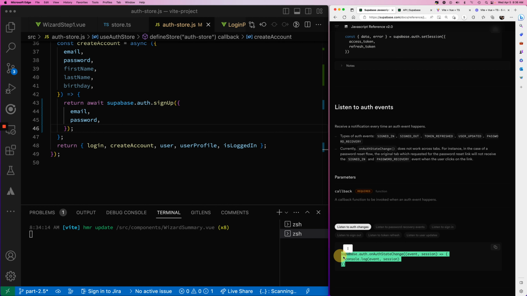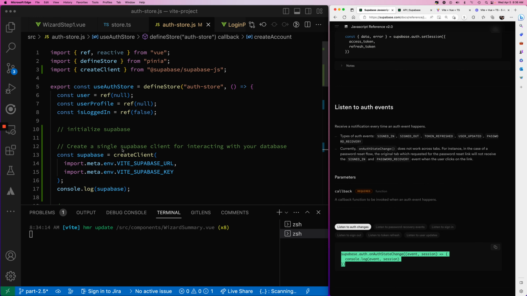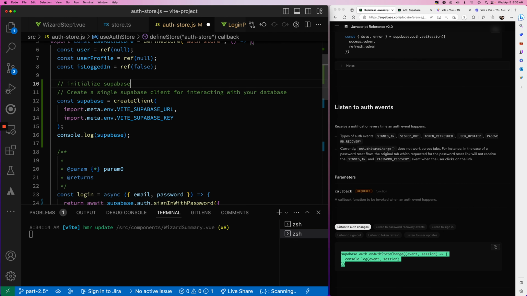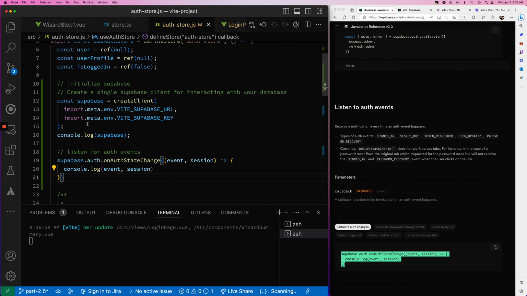So let's take this. Because remember, what I want is once I get a user signed in, I want to make sure that my state gets updated inside my store, and I want to set my user value right here. So up here under initialize and setting up my client, after my client's set up, I want to listen for auth events. So we'll paste this code in. And what we will do is, if